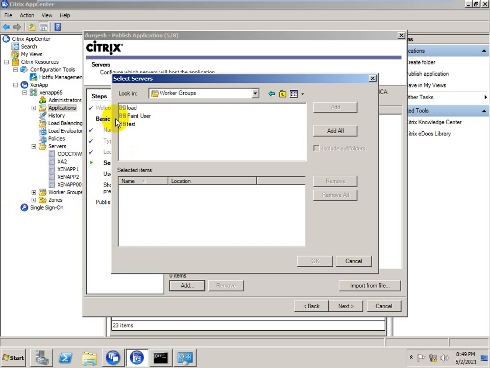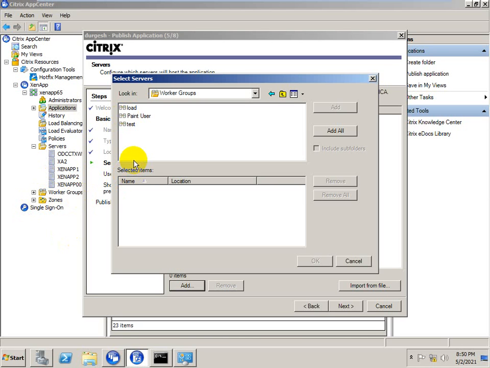In a worker group, we can group on the basis of application, on the basis of users, on the basis of department. We have created worker groups for sales, for marketing, and so on. So we can create a worker group based on a similar kind of thing.